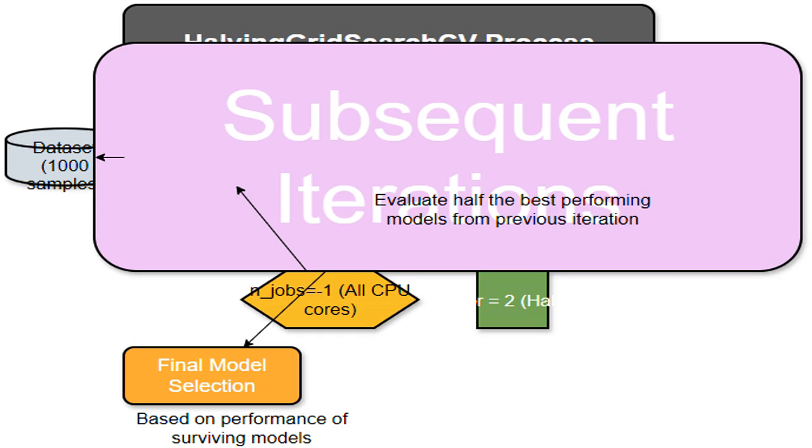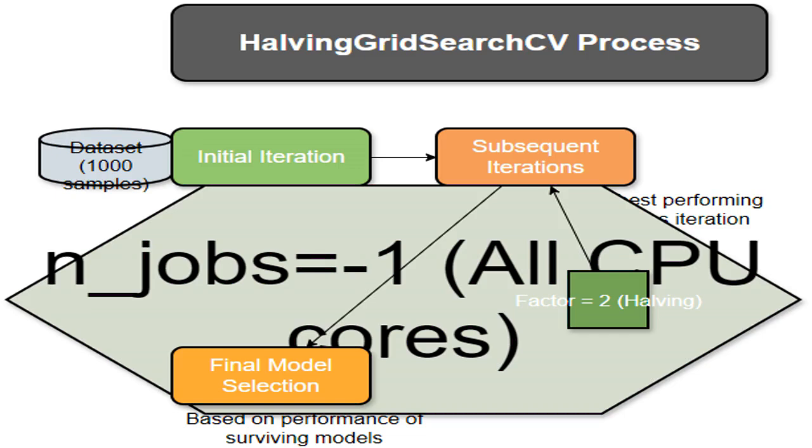HalvingGridSearchCV then tests these on a larger portion of the dataset. It continues this process until only a single model remains, the best of the best. n_jobs equals -1 tells the algorithm to use all available computer processing power to do the work in parallel. It's like having a team of people all working on different parts of the problem at once, making it much